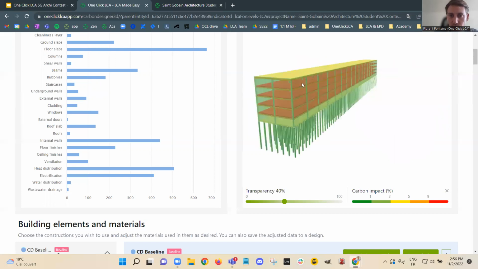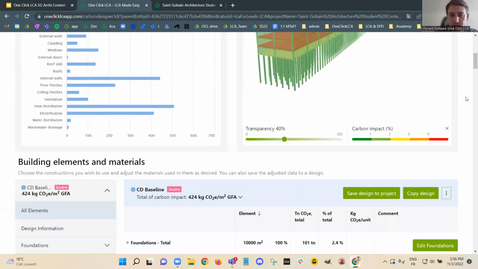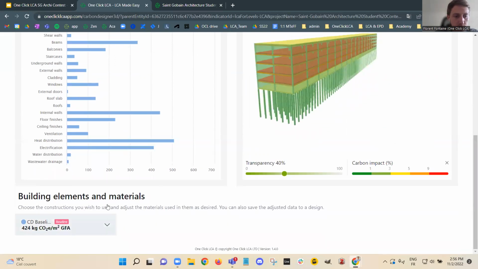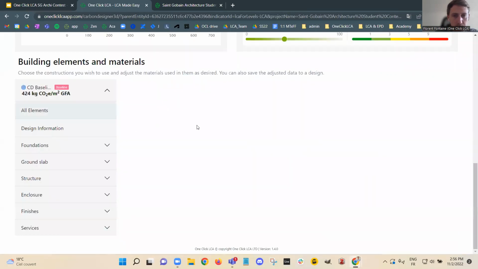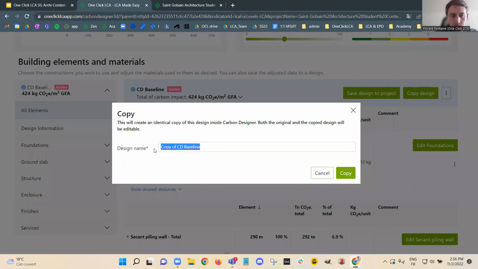And in this case, we see the floor slabs are really emitting a lot of CO2. So now what I recommend to do is to go down, to click on all element, and to create a copy of this design, which we will call improved CD baseline or CD improved. I will create a copy of that,